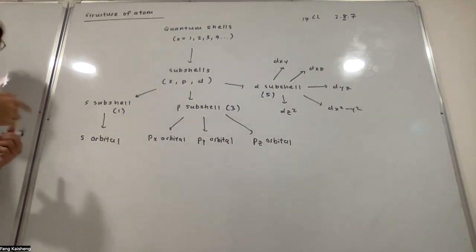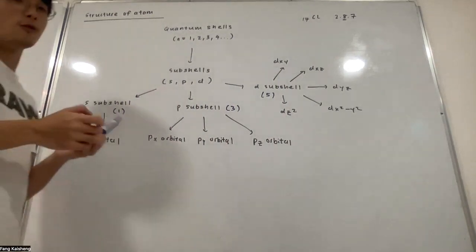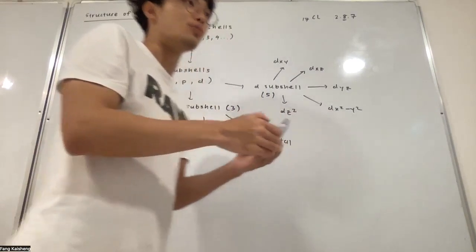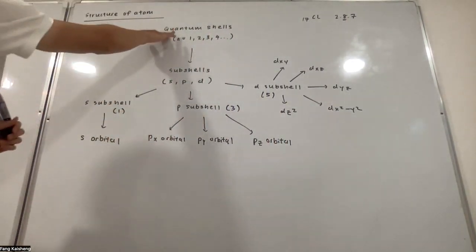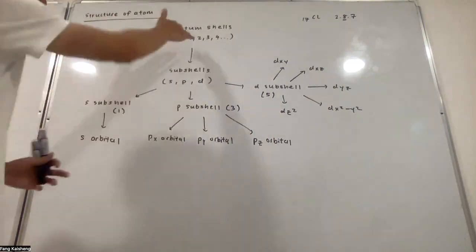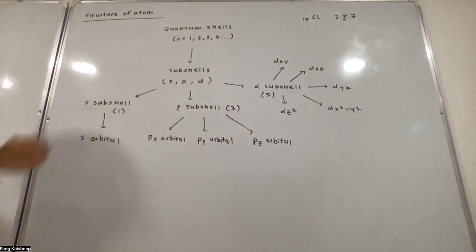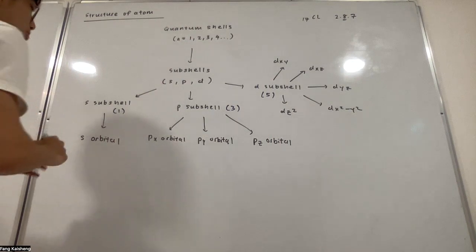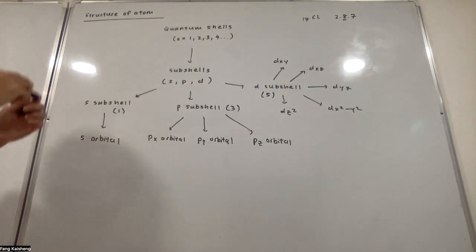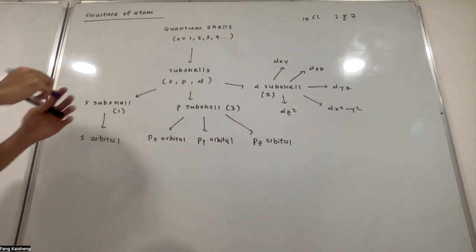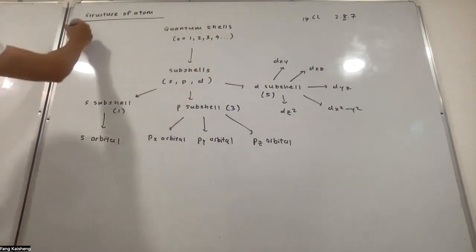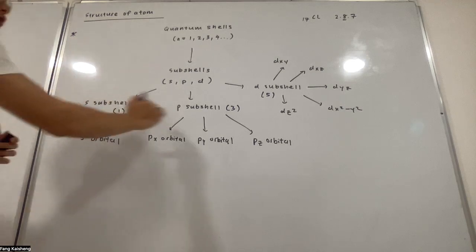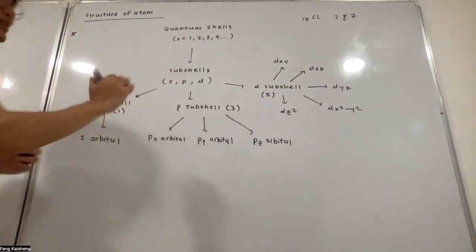And we can still dig deeper. Basically you can imagine now, you take your phone screen, you keep zooming in. This time we keep zooming in, we can keep finding more and more things. So if the most zoomed out version is quantum shells, which are your normal shells, you zoom in to subshells, you zoom in even more, you can find orbitals. And then after you zoom into the orbitals, that's when you can find your electrons. In the O-level syllabus, electrons can be found here, which is not true. So let's look at the rule first. No matter what kind of orbital, what kind of weird name it is,